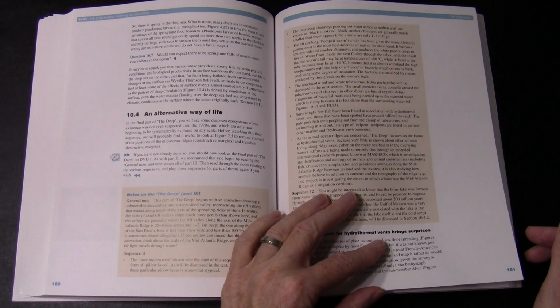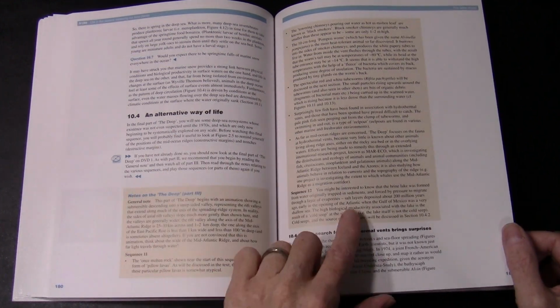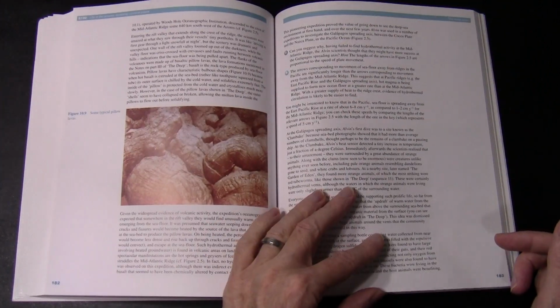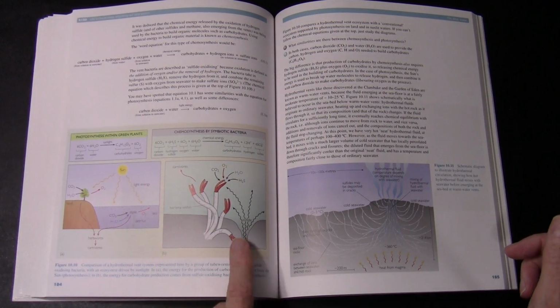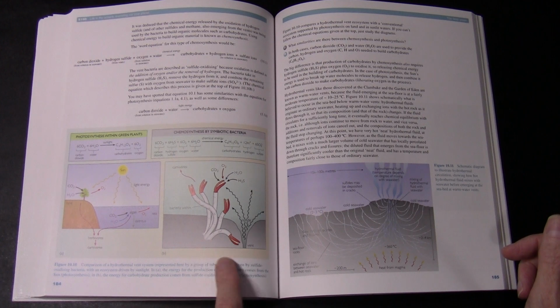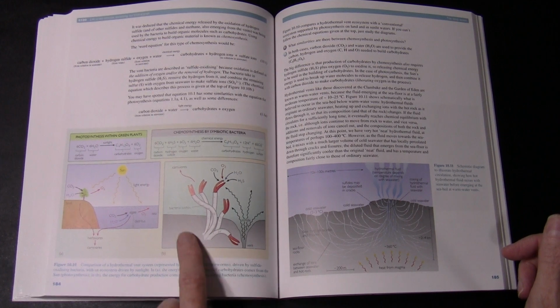I said I was going to slow down at this bit. So yeah, you can see here there's notes again on the deep sea. Oh yeah, some of this. So interesting, these particular critters